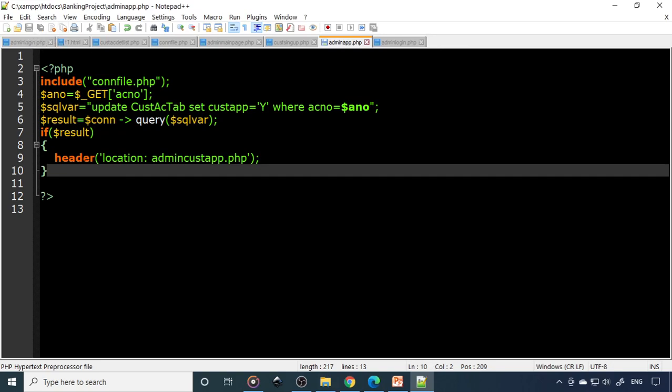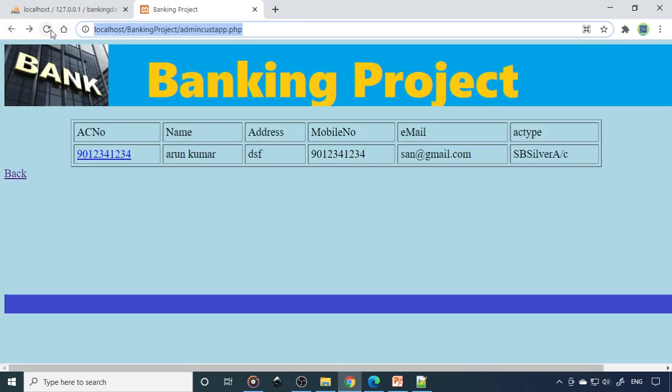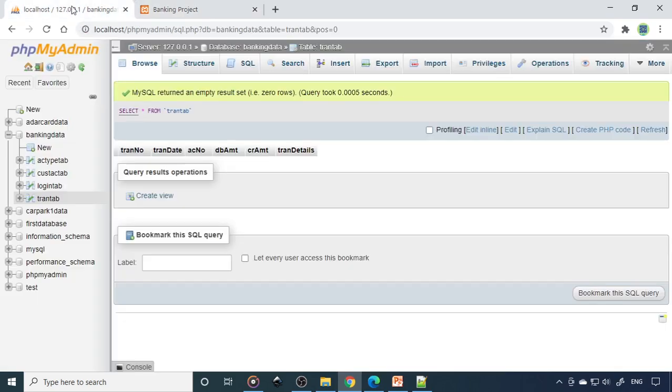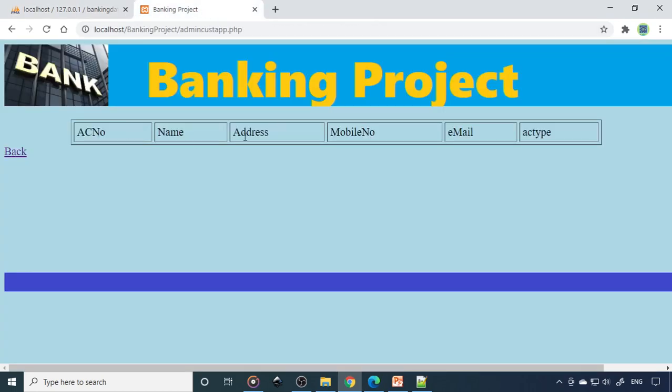Fine. Here it won't display anything on the screen. Once the process is over, it will just come back to the original file. Let's see whether this works that way. So refresh, click here. Now you can see there are no more records, because that record was initially N and is now changed to Y. Here you can see the customer account tab becomes Y, which means it's approved. When you click this, it will be approved and come back to the same file. And if there are any more records, it will display them, otherwise the work will be over.